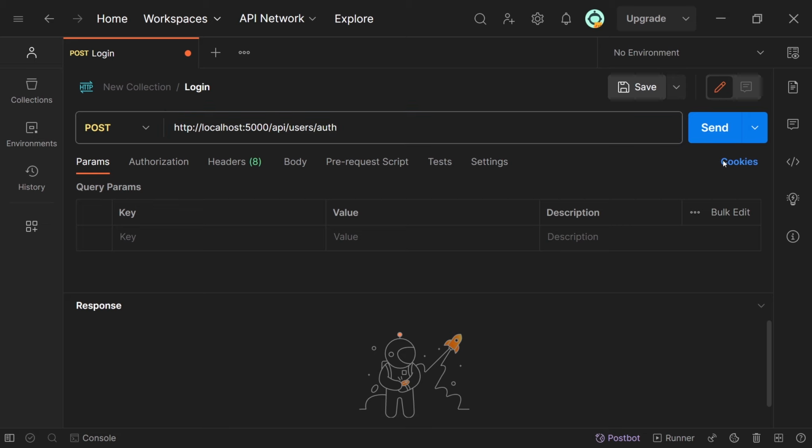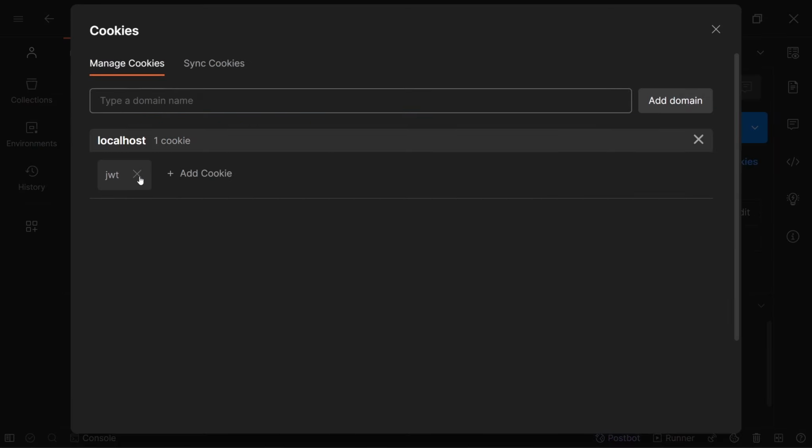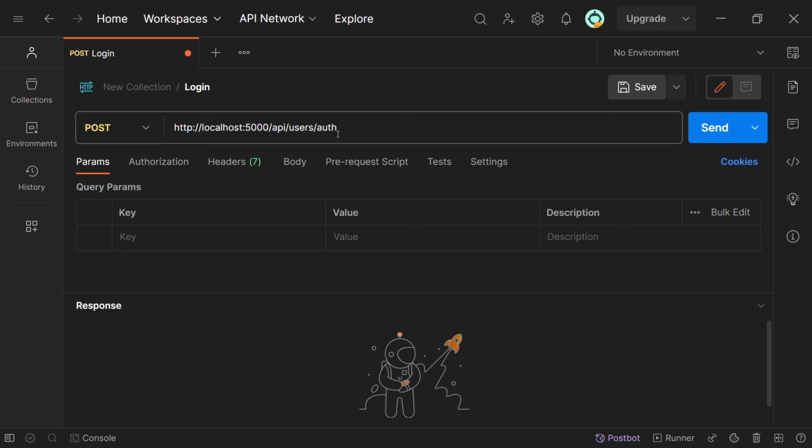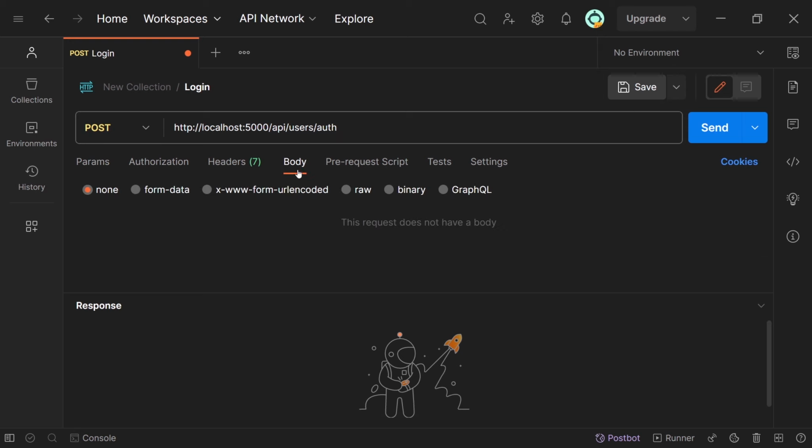So currently if I click on the cookies right here, so here you can see we have that cookie. When we were creating a user, I already told you like we are not just creating a user, but we are also logging in that user. So I'm going to just remove this JWT from here, and now let's just try to log in. So I'm going to just go ahead and go to the body,